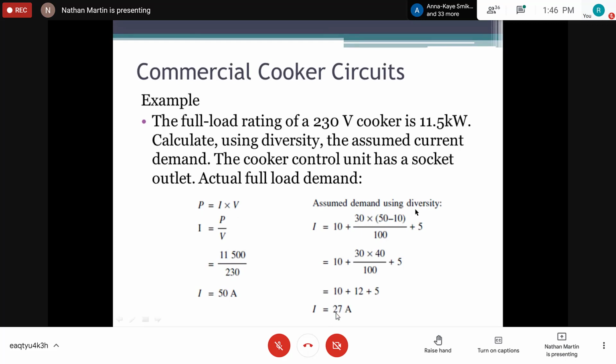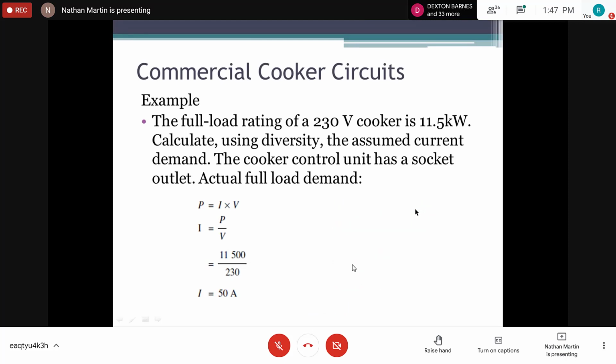And we are getting 27 amps, so we're talking about using a 4 mm cable, right? So in this case, we cannot use the 2.5 millimeter cable. We definitely have to use a 4 millimeter cable. Now again, realize